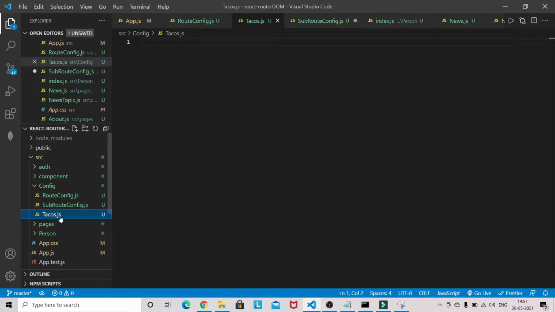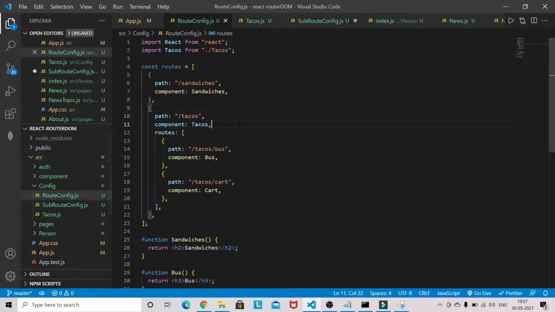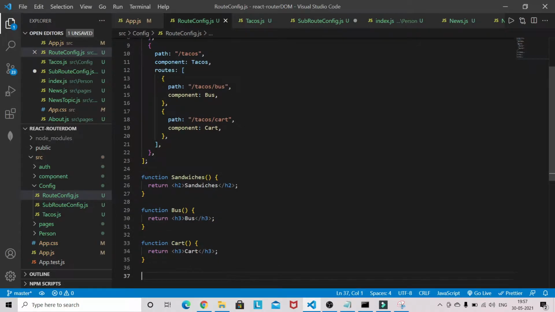Hub route configuration, echoes, and in this I have set up the centralized route configuration. We have three components here, which are just basic components. Now we are going to write the configuration here.